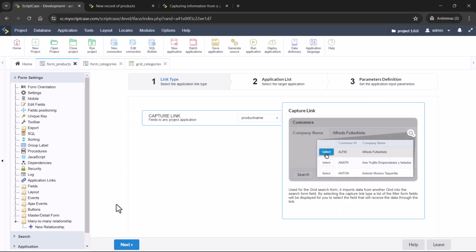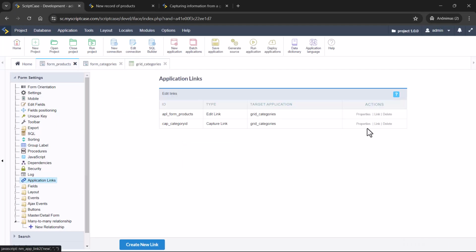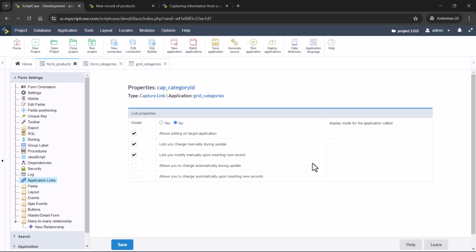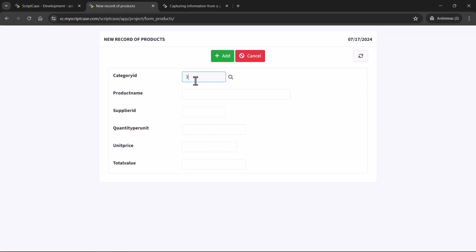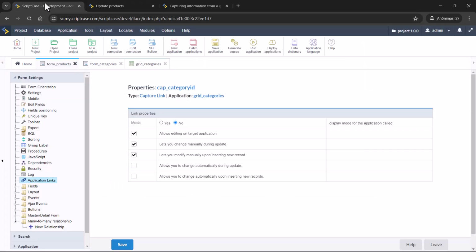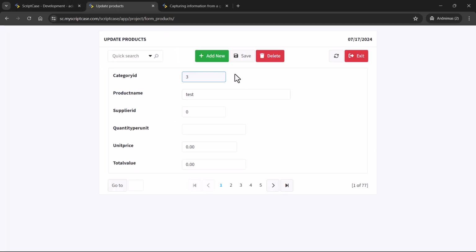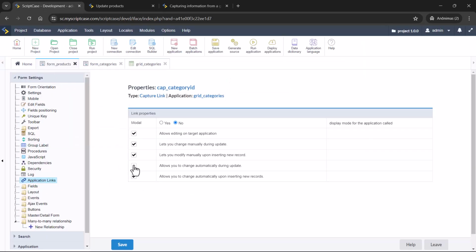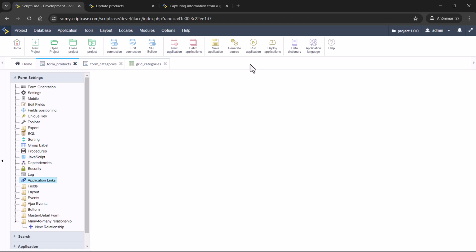So let's go back here to the properties so we can see one by one. If I check here this option manually, I will be able to change here manually the category, and also here. Okay, so since I did not check here this option to change automatically, I do not have the option to select from here as well. So let's choose here all the options and save.